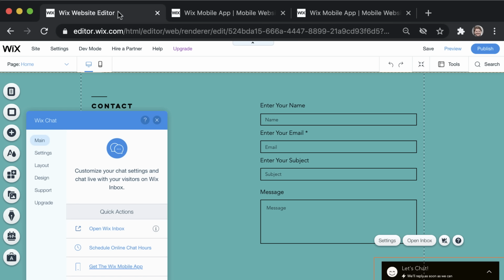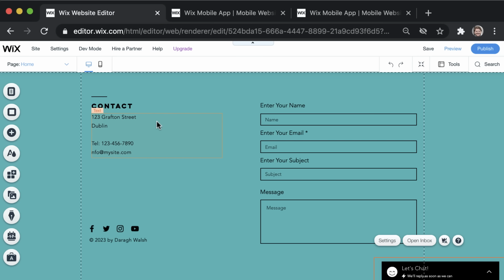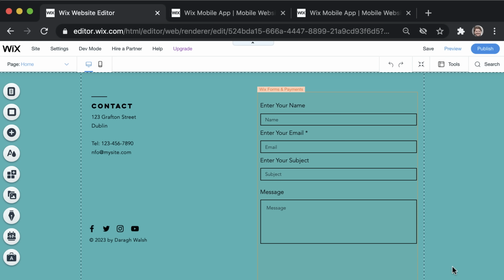But again, the warning is that you might be getting messages in the middle of the night, and if you're not going to be able to respond to them, perhaps it's best to delete the feature, and it's very easy to do. What you can do is just click on the feature and click the delete button on your keyboard, and then instead of people contacting you by chat where they expect an immediate response, they just have the option to contact you through the contact form, which the expectation generally is that you'll get back to them within 24 to 48 hours. So for a lot of people, perhaps that is the best option, but it is fantastic that